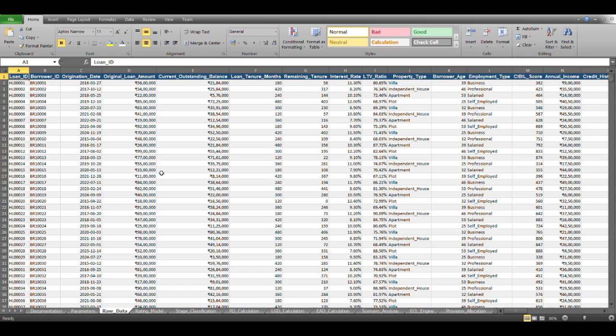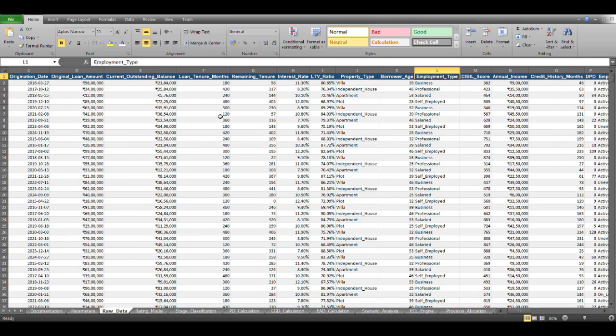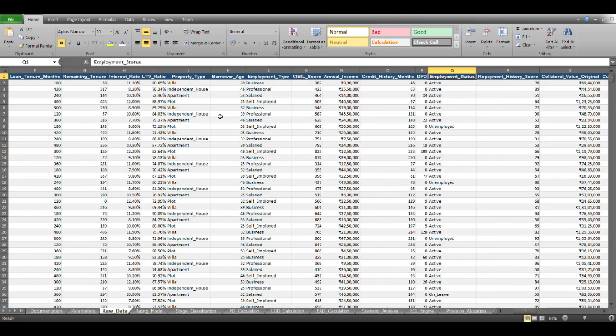Now let's move to the heart of this sheet, the raw data sheet. This has approximately 950 records with full borrower and loan characteristics, like the loan ID, the origination date, the borrower level current outstanding balance, the interest rate, property type, and demographic variables like age, employment, and CIBIL score.